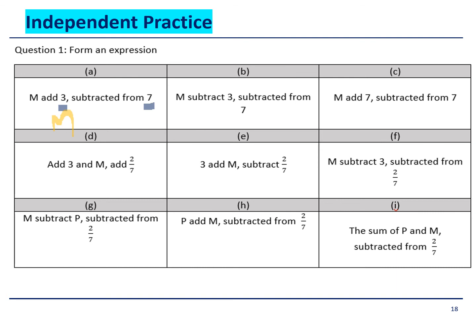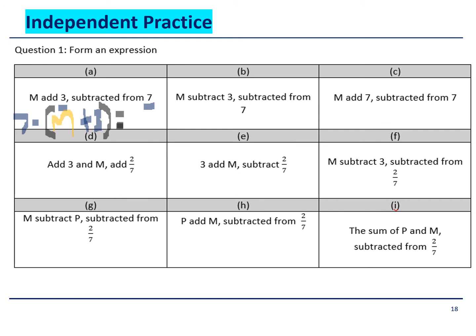So m add 3, and then we've got that subtracted from 7, so that's going to go over here. 7. Okay. And then what you're going to get is the brackets round that. Okay. Now, how can we